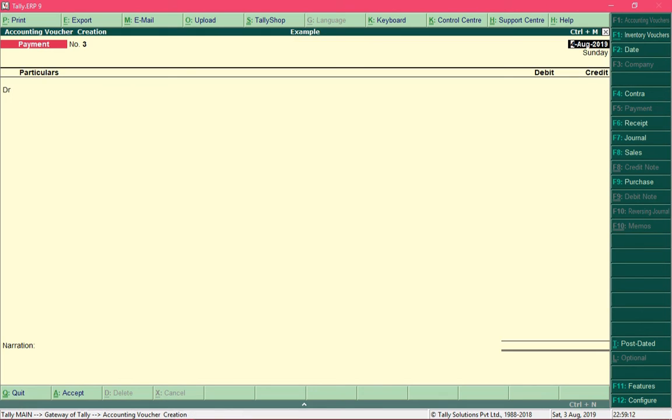Right now I am at the payment voucher creation, and since I want to record a bank charge, this would be the appropriate voucher, which is the payment voucher.